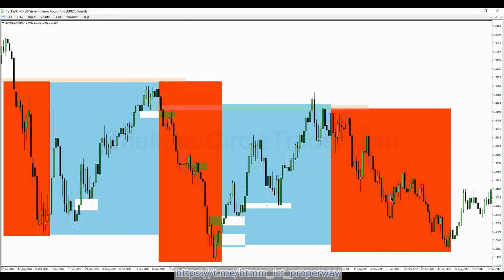Reaches for the liquidity below here, below the bodies of the candles over here by reaching down. And then ultimately reaches below these lows and back down into the bullish order block right over here, which is what we're seeing here. So if you start with your monthly and you break down into the weekly chart, we can go down